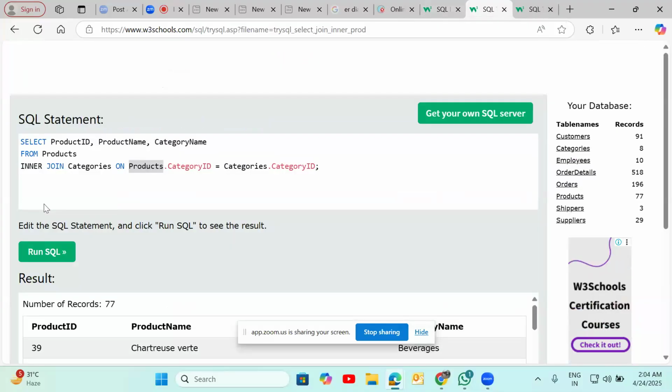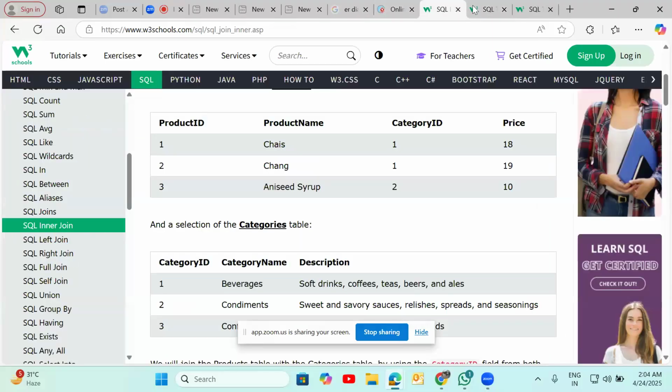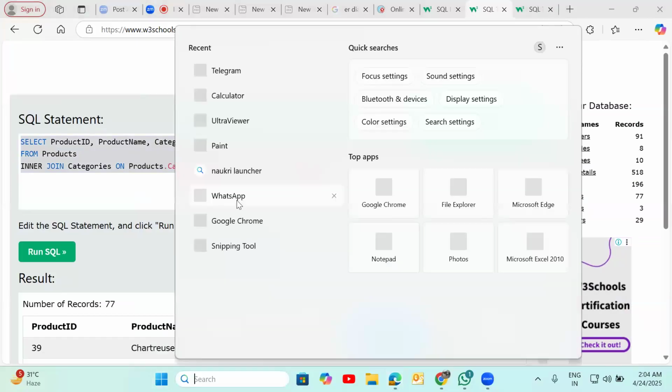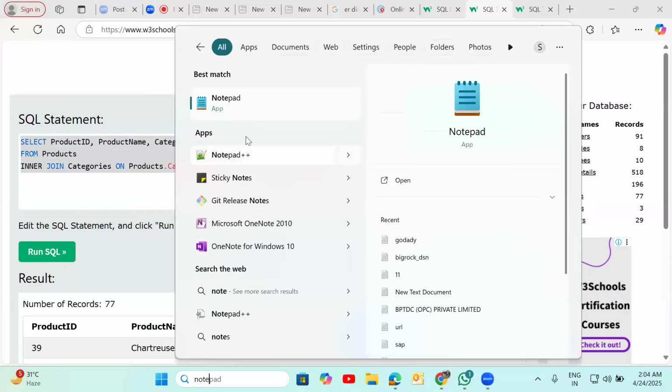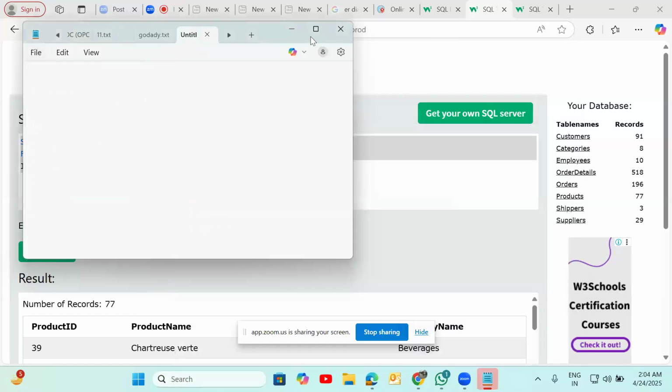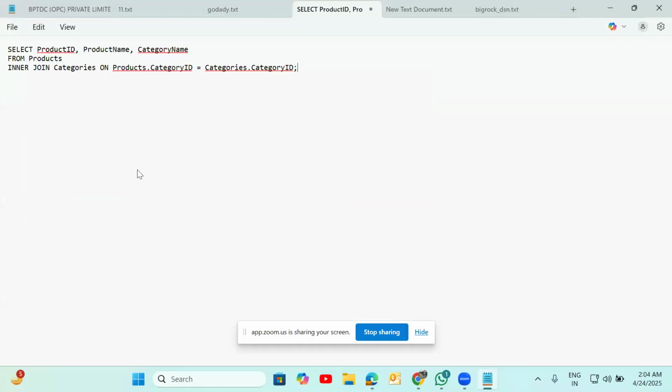Let me check. One second. Control C. We'll practice it, then we can understand the things. Sure. Just a basic idea, then automatically a query is a query. If it is a big query or a small query, it doesn't matter. Even if it is a Google query also, simply